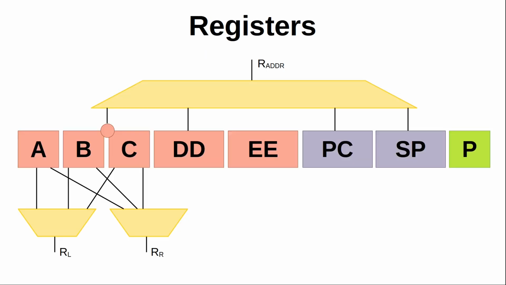But now let's just take a close look at the registers, because things have changed a bit since my last video. I've introduced a couple new registers, as you'll see here. But again, as a review, we have the A, B, and C registers. Those are each 8 bits. And you can see here, all 3 of those can be demuxed into the left and right operands for the ALU. But then B and C can be considered a single 16-bit address register,